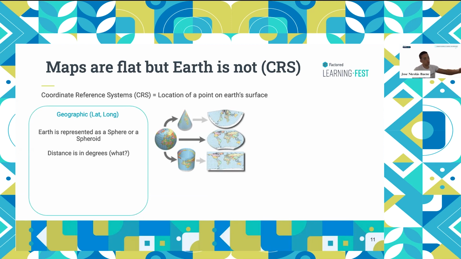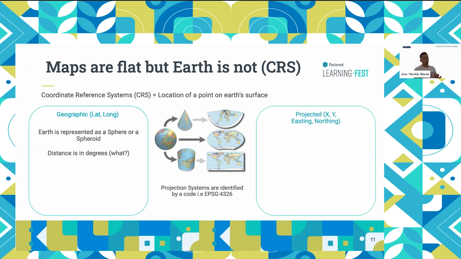So usually we use transformations like the cylindrical, which is the one that you can see on the bottom, or the conical, or some that are oddly shaped. Sometimes I will show you some that look like when you peel an orange or something like that. So that will already start modifying your input data. And all the projection systems have an identifier, and we will look into that further on. The main one, the geographic one I was speaking about, is 4326 or WGS 84. That's what all of the GPS in the world uses.